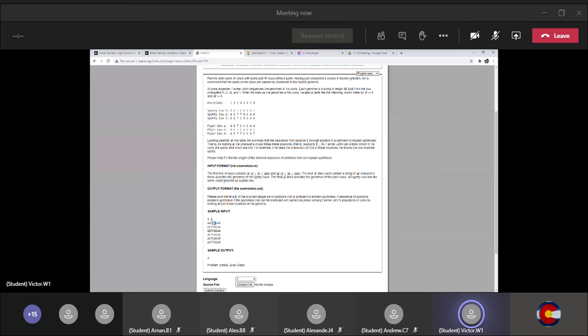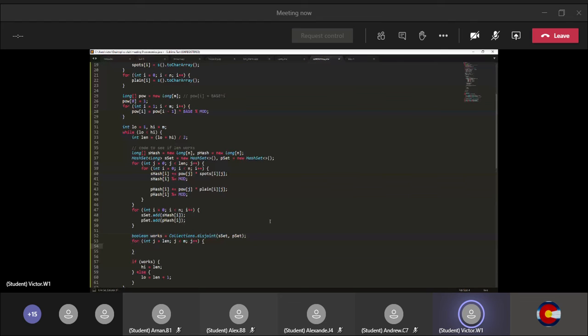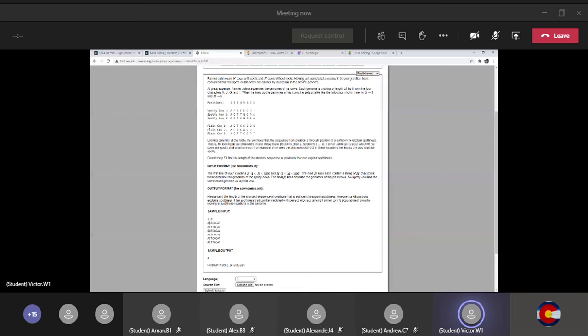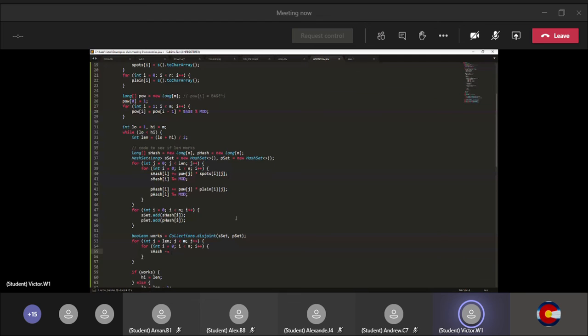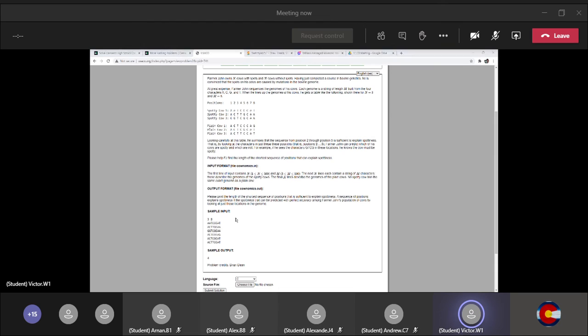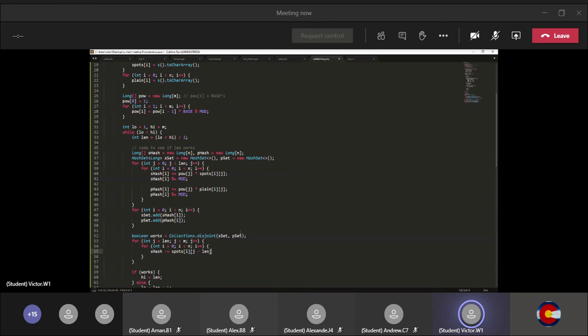this index 4 thing, and then cut off this index 0 thing. So we would have to loop over all the strings again and shift over their hash. We first have to cut off the first character in the current substring, which is spots of i of j minus len. Because if j is the index of the thing we're adding on, then j minus len is the thing that we're cutting off. But then we have to multiply it by pow of